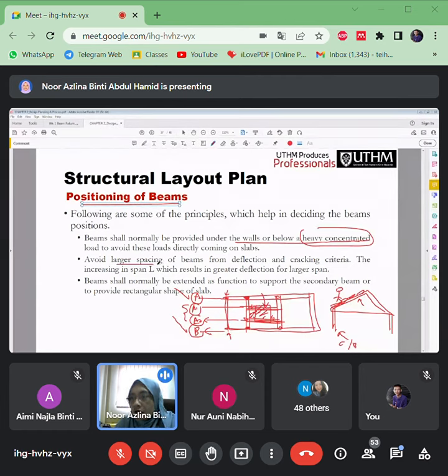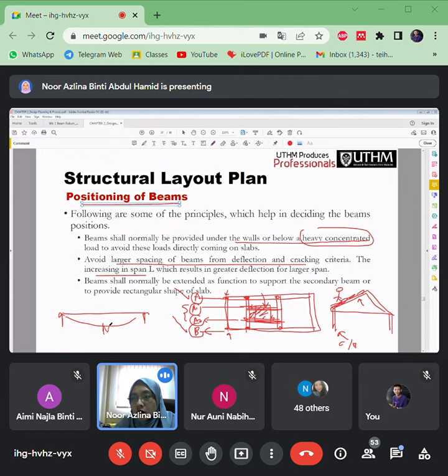Okay, avoid larger spacings of beam from deflections is about the span. So macam tadilah, kalau beam panjang sangat, longer spacing here, kan, long spans here, how about will affect the deflections, kan?